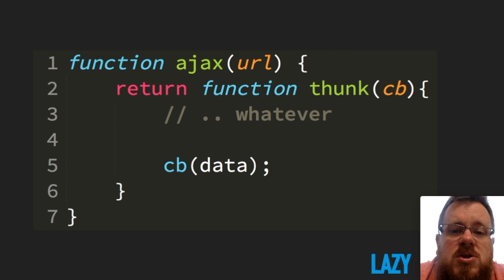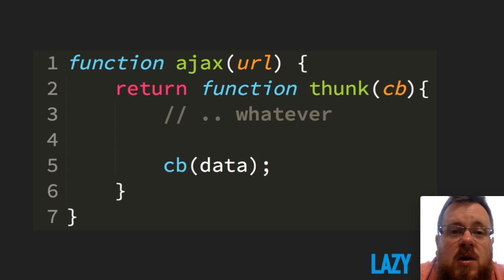It would create a function, and that function, of course, is going to receive the callback. There you see on line 2. And at some later time, whenever we have the data back, we simply invoke the callback they provided, and send it the data. That's fairly straightforward, but there's something very subtle and important that I want you to understand here, which is when does the AJAX request mechanics, when does that machinery start? Well, you'll notice here that it essentially starts when we invoke the thunk, the whatever part on line 3, rather than say between line 1 and 2.